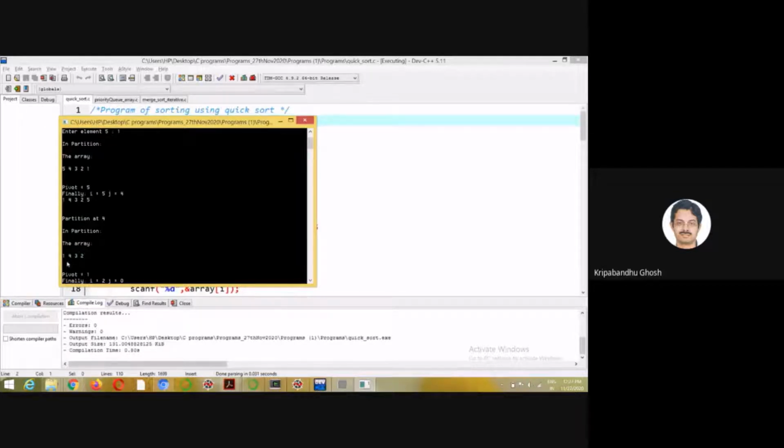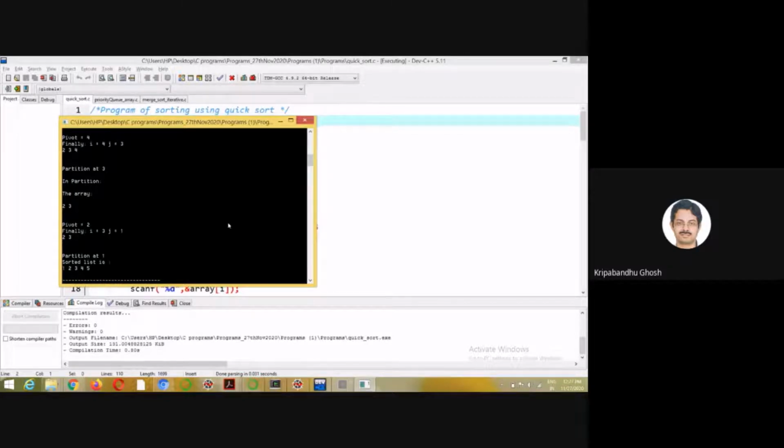Then the quicksort subroutine is called for 1 4 3 2. Then what will happen? 1 is actually in its right position. Then the subarray will be 4 3 2. Then 4 will be in its right position, and the subarray will be 2 3. Then finally we are left with only 2 elements. Basically one will be the pivot, and the other element is a singleton element, and that will end.